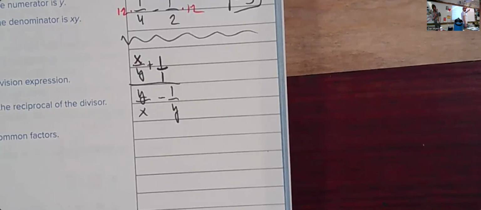What are they? X and y. So what's the common denominator of all the denominators? Out of all 4 of these denominators, there's only 2 unique factors, x and y. What's that? X, y, yeah. The common denominator,